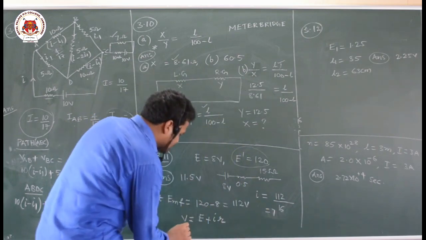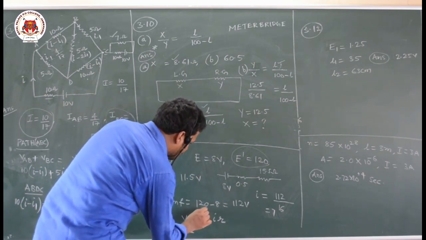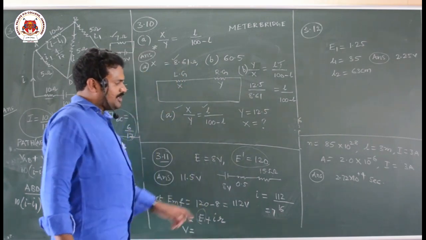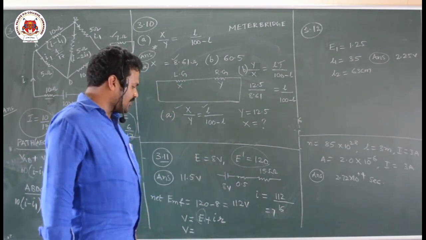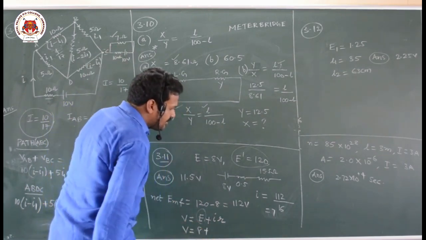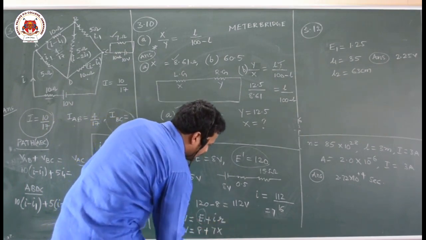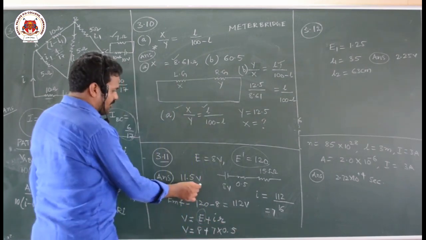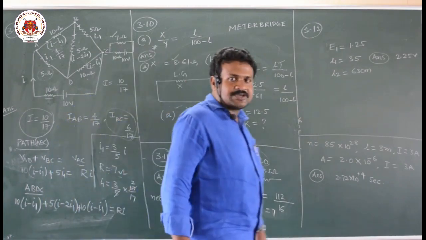Then the potential difference while it is charging: here you have to take the EMF of the cell only. You should not take 120 here again. 120 is the source which is charging this cell. That means we are taking a cell and putting it for charging. So this is 8 plus current value 7 into 0.5. You will get the answer as 11.5 volts. So this is the potential difference across the cell.